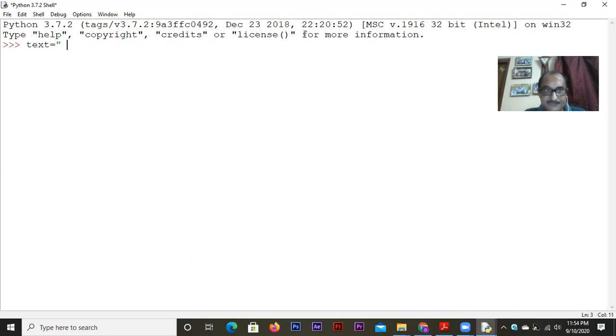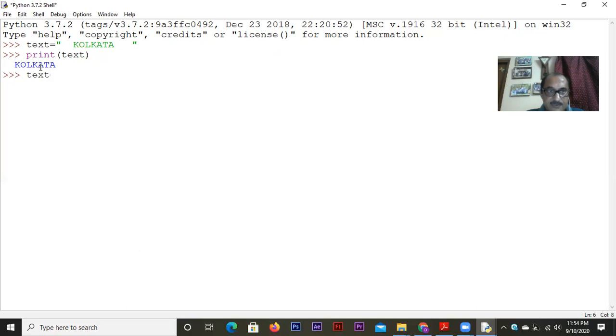So we have written like this. Say I wrote Kolkata, but I left a lot of spaces at the beginning and at the end. So if I now print text, it's very clear. Look at this. Kolkata did not get printed extremely from the left side, that is from the first column of the screen. It is shifted. Why is it shifted? Obviously because of this space. It is shifted to the right.